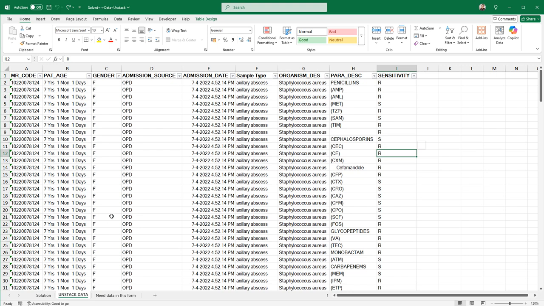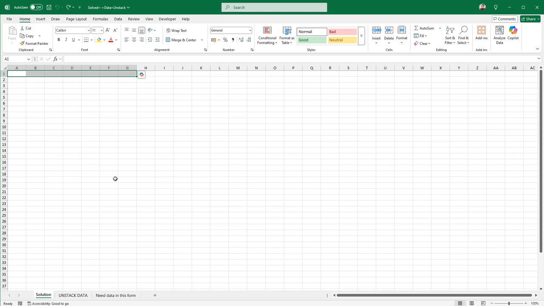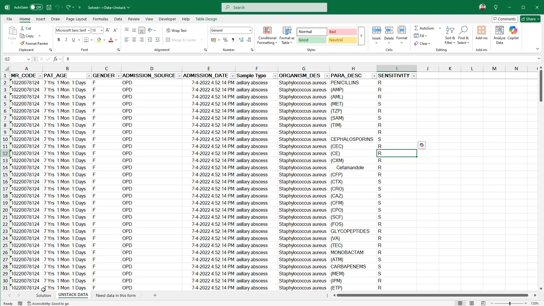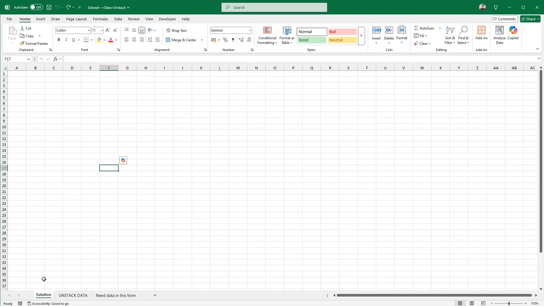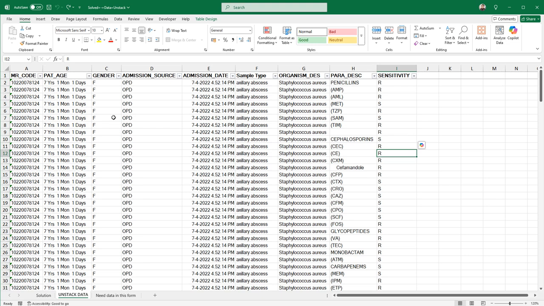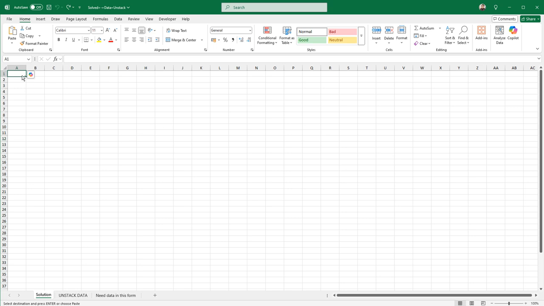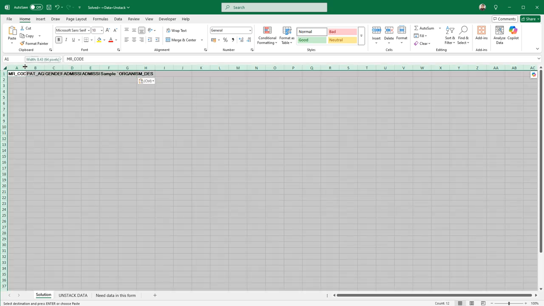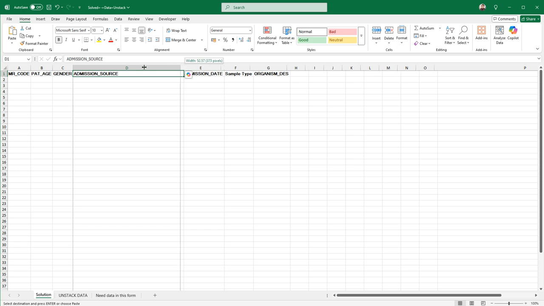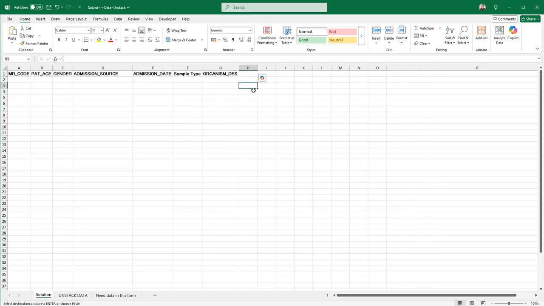I am starting from the very basics so that every viewer who is watching my video can pick it up. So I will insert a new sheet and let us rename this sheet as solution, or any name you would like to give. So let's create a solution. Let's copy these headers, Control C, and in the solution we will paste them, okay? Make sure that the column widths are adjusted. All right. Now for the MR code, we will be using a function called UNIQUE, which is available in Excel